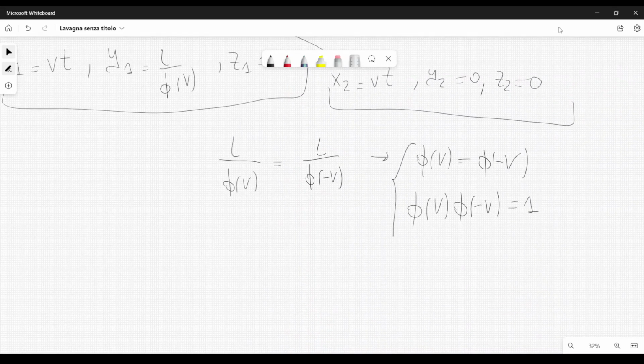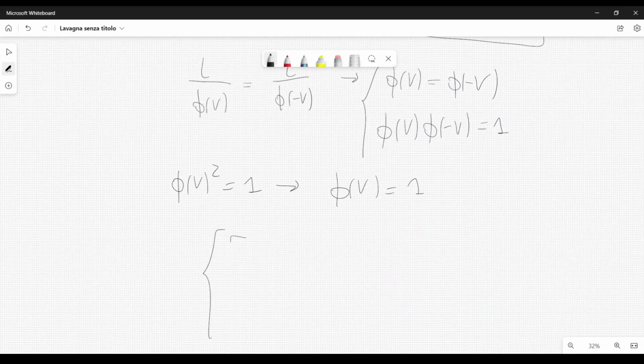And therefore, from these two equations, you get phi of v squared equal to 1. And you can convince yourself that the solution is phi of v equal to plus 1, because in general the solution can also be minus 1. But if you choose the plus sign,